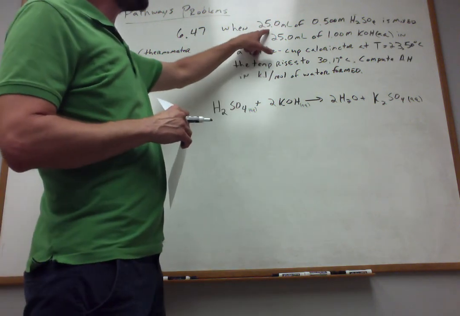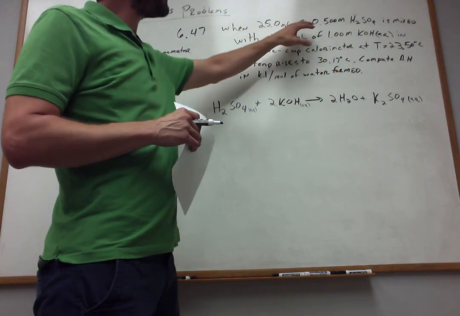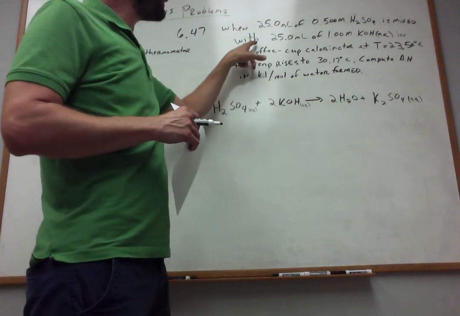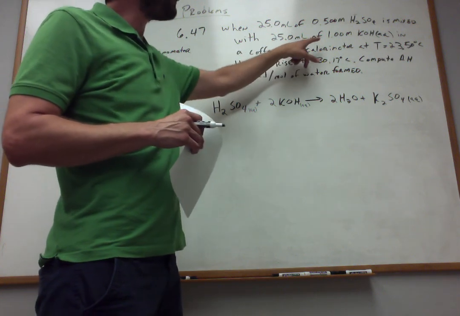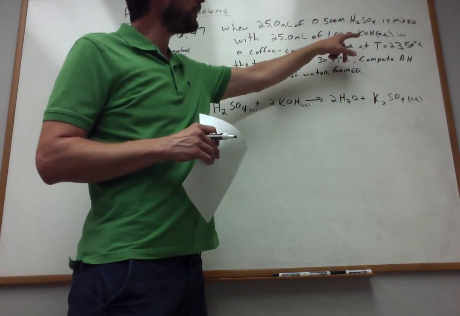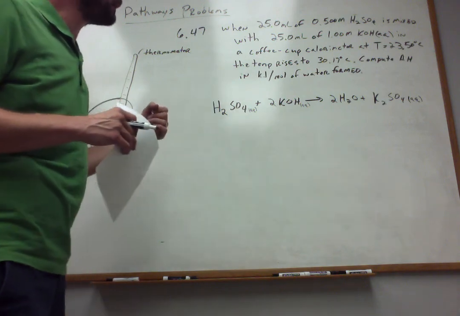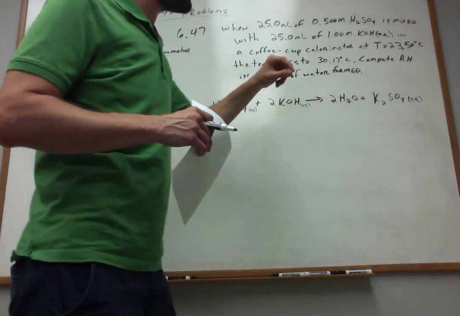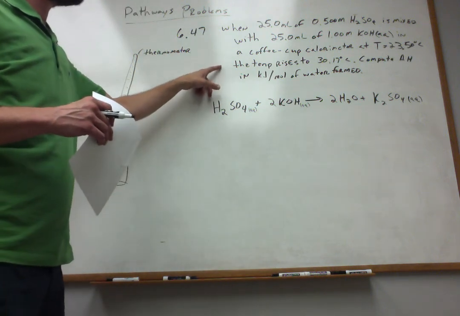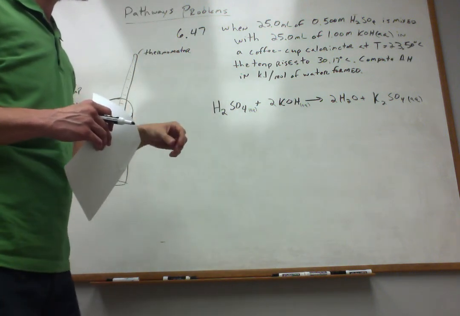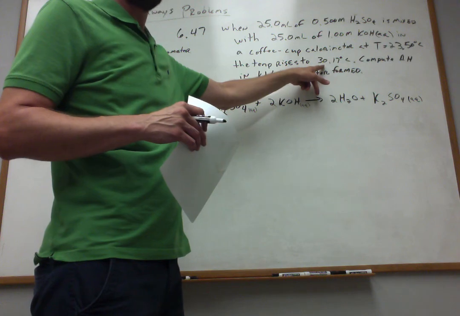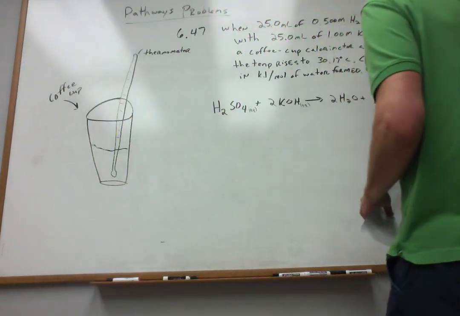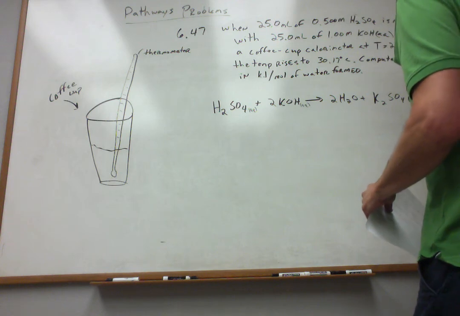So we're mixing 25 milliliters of 0.5 moles per liter sulfuric acid with 25 milliliters of 1 mole per liter potassium hydroxide inside this coffee cup. The initial temperature is 23.5 degrees. The final temperature after the reaction occurs is higher. It's 30.17 degrees Celsius. And what we are asked to compute is the delta H,